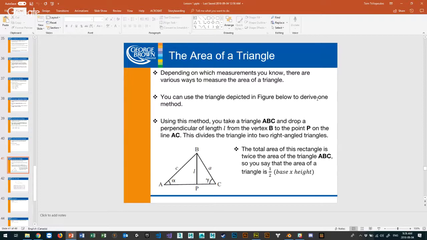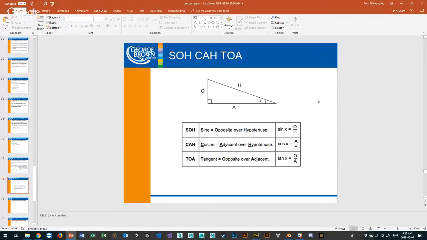A lot of times we may need to find the angle of a triangle, and we know that the area of a triangle is half base times height. So understanding that, if you know what the base is, and if you want to find the height, L, as an example in this particular case, you can use this formula to help you out, and we'll talk about that in lab as well. Okay, and I covered this already.